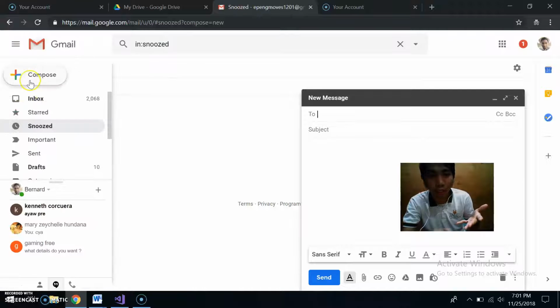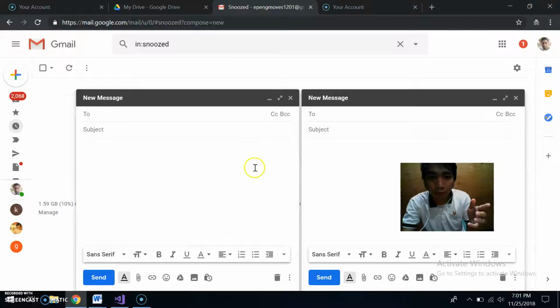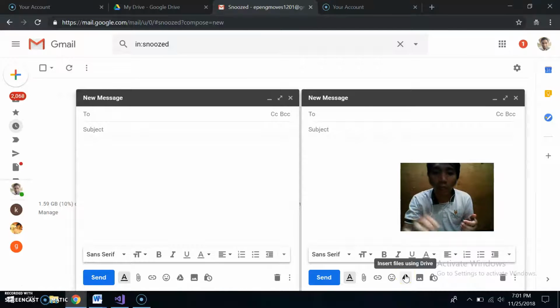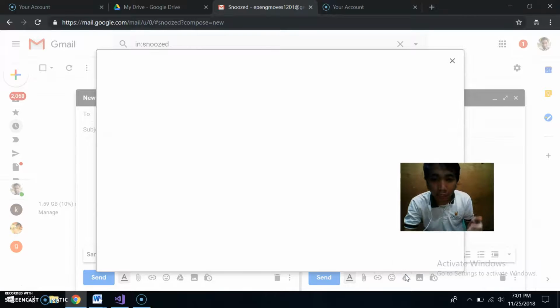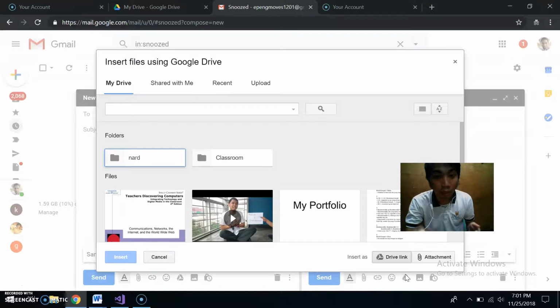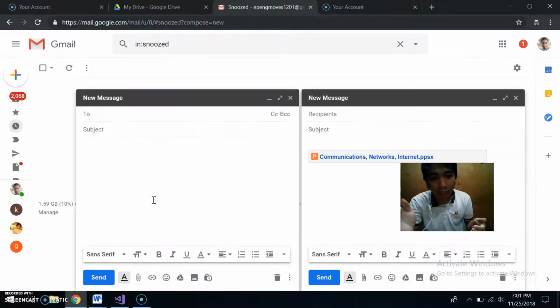the Gmail, then click the compose button located here on the left side. After that, you just need to locate this triangular button which says insert file using Drive, then kindly locate the file you uploaded in My Drive, then just click it,